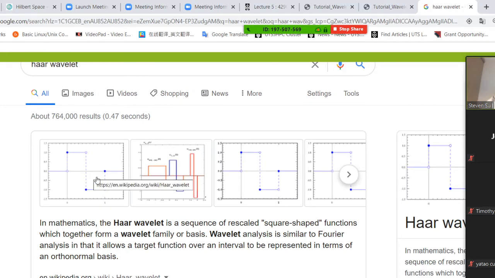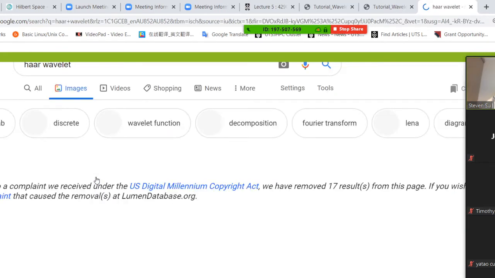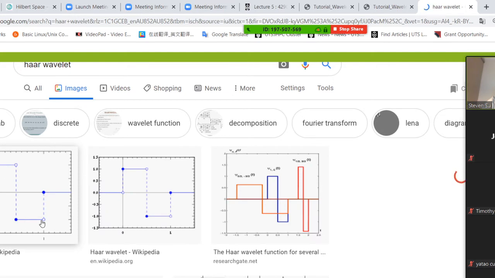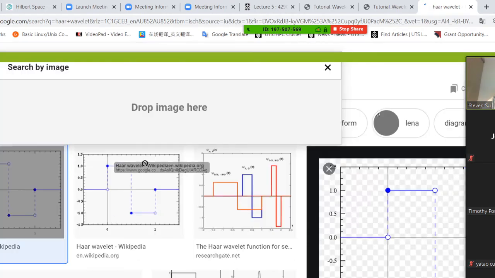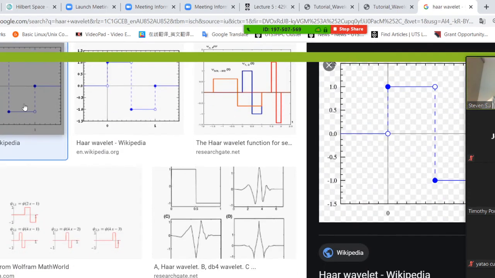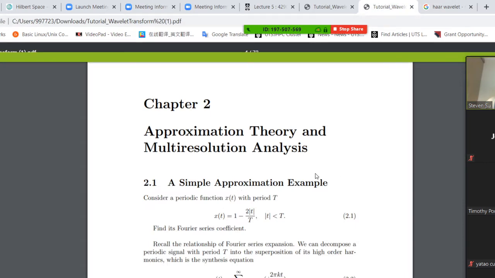Something looks like this. This is the Haar wavelet. You can see it is quite simple, but this is an orthogonal wavelet, and based on the projection idea, they developed